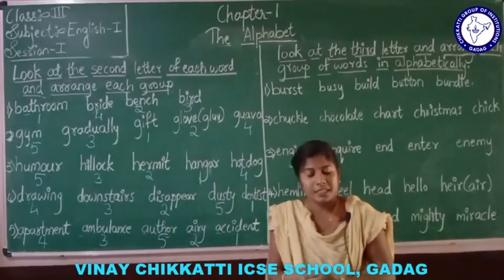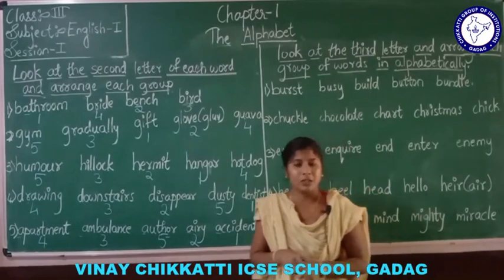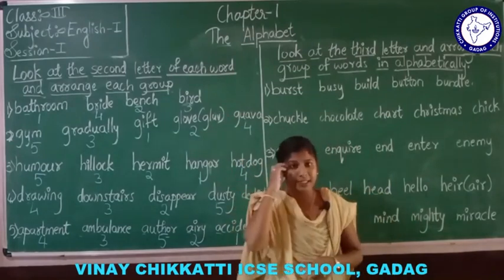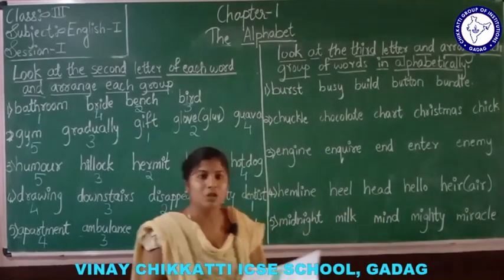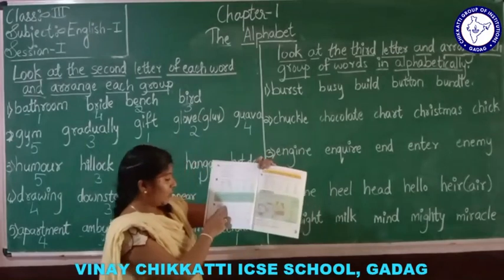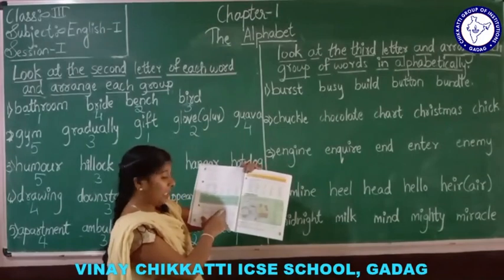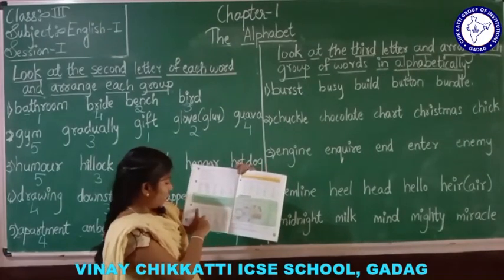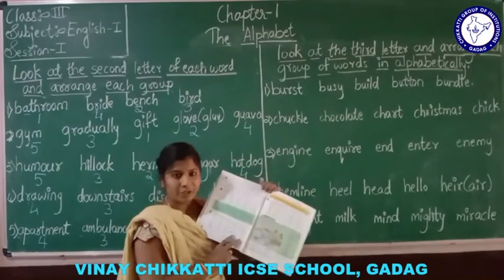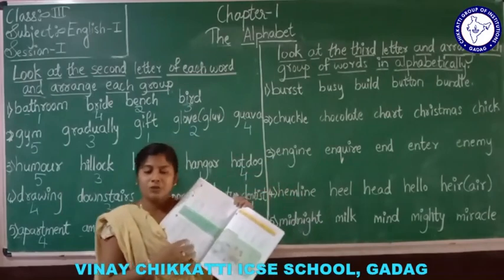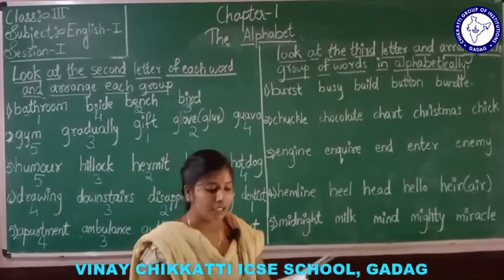Arranging in alphabetical order with the first letter, and arranging in alphabetical order with the help of the second letter. Understood? Now see, this will be your homework. D. Look at the list, page number 6. Look at the list of things you have been given to buy. Arrange each group of words in alphabetical order and have fun. Write it by yourself, and if you don't understand, take the help of your parents. Understood?